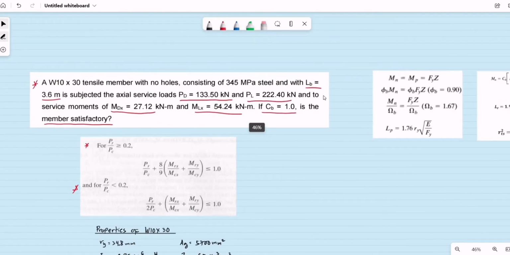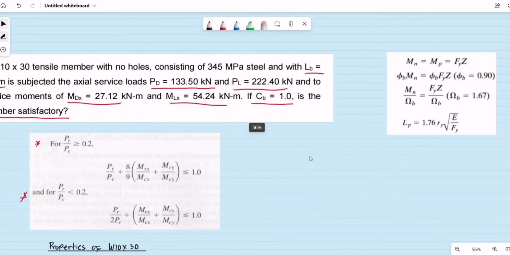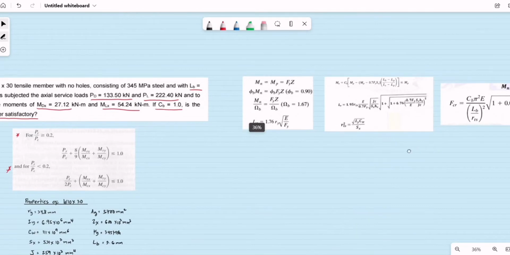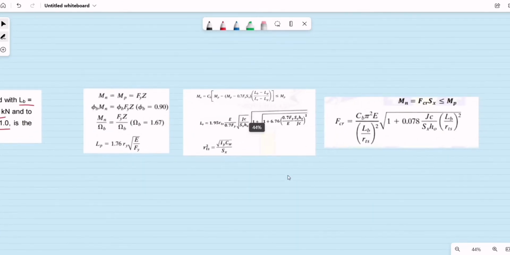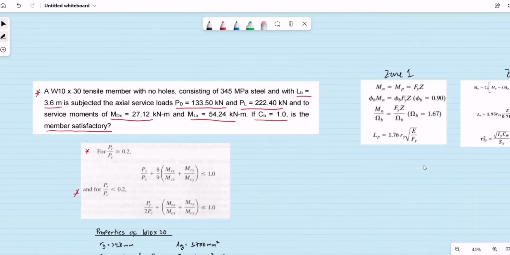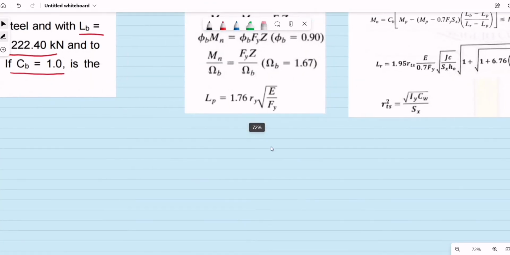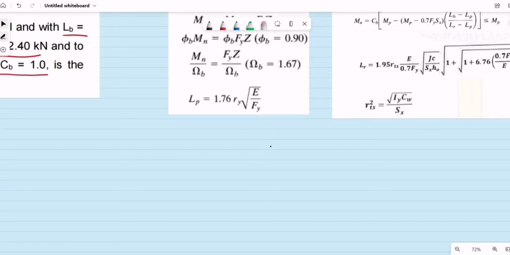Okay, so since we have the unbraced length given as 3.6 meters, we need to determine if the section is under zone number 1, zone number 2, or zone number 3. So we need to compare the value of the unbraced length to the value of, first, the L sub P. So to compute for the value of L sub P,